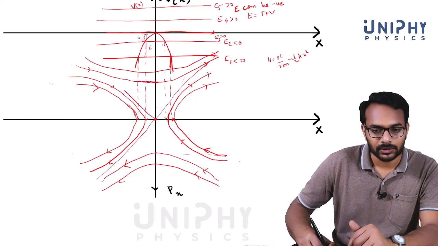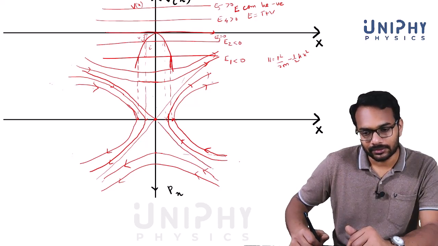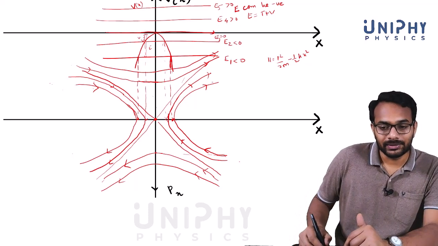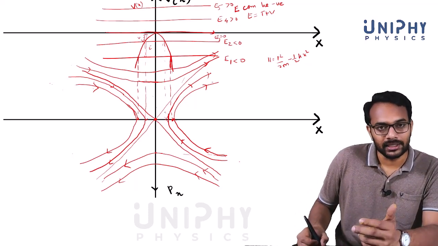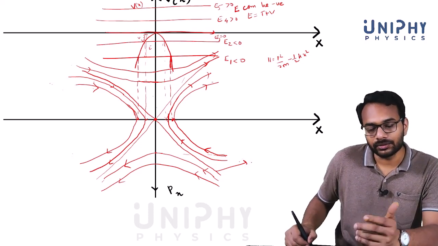These are supposed to be exactly symmetrical. These are straight lines that never really reach x equal to 0, because different trajectories cannot intersect. All right, like that. So we see that these are the lines corresponding to E equal to 0. They separate the two kinds of curves, the curves for which the momentum